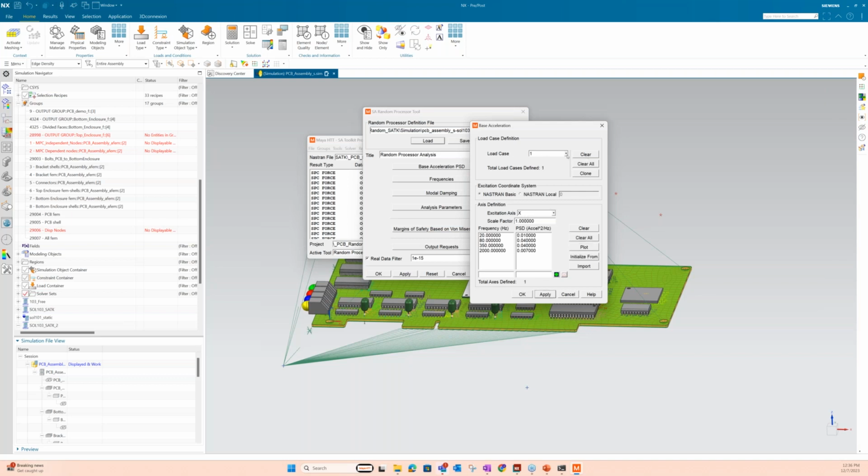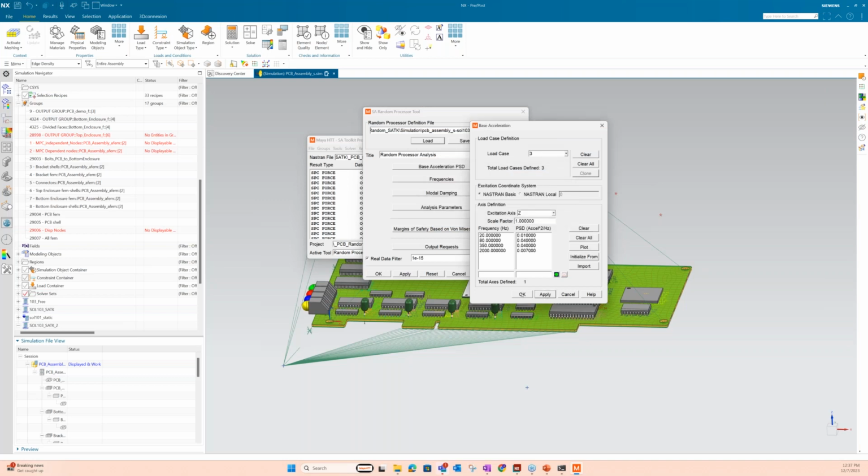We'll hit apply. And then I want to run more than one load case. So I will run one for the Y direction, and I can initialize it from the one I already had and apply. I want to do the same thing here. I want to run one in the Z direction as well, which is actually the main direction of interest for this PCB. That's the direction the PCB is going to be deflecting in. I don't know why everything's opening on my other window all of a sudden.